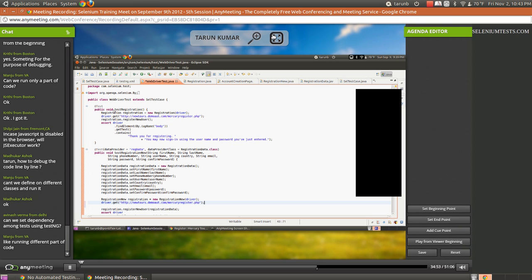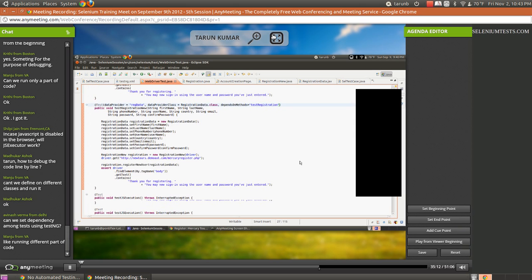Avinash is asking, can we set dependency among tests? Yeah, definitely we can do that. So let me give you an example here. We have this test registration method, and then we have this test registration new. So I can give dependency here. I can say depends on method, and I can give the method name here. The method name is test registration. So now if I execute it,